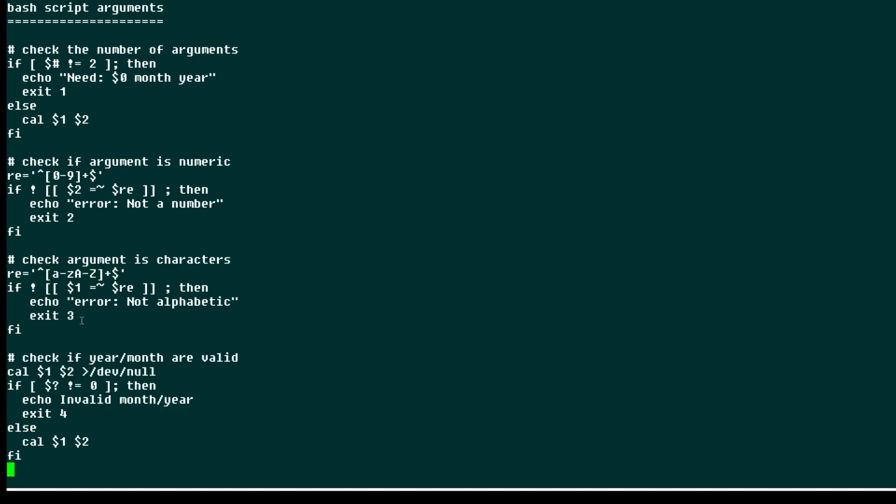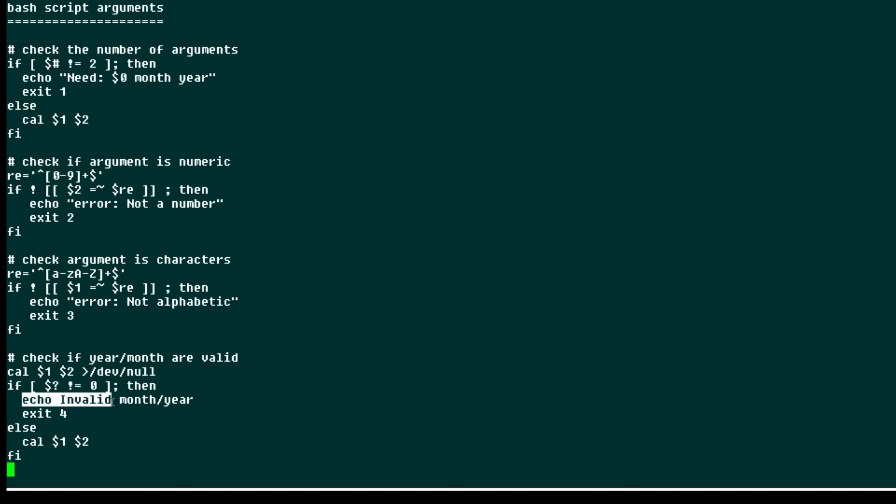And in this final example, we're going to check whether a year and month are valid by using the cal command. So here I'm taking the two arguments, running cal, but sending the output to /dev/null, which means the person running the script doesn't see it at all. And then we're going to check whether the return code from that command is not equal to 0, because if it's not equal to 0, that means the command resulted in an error.